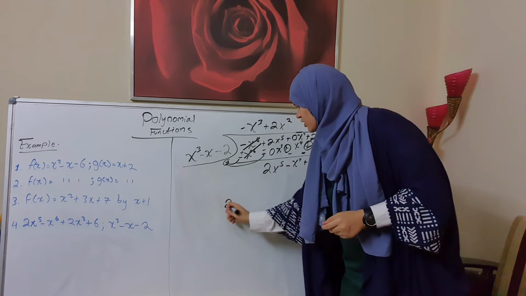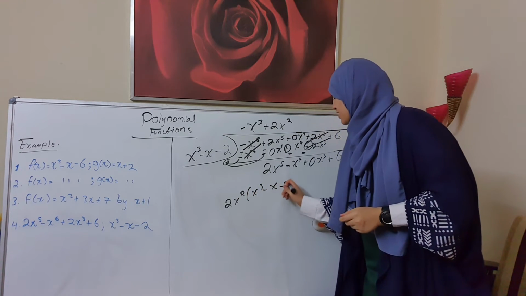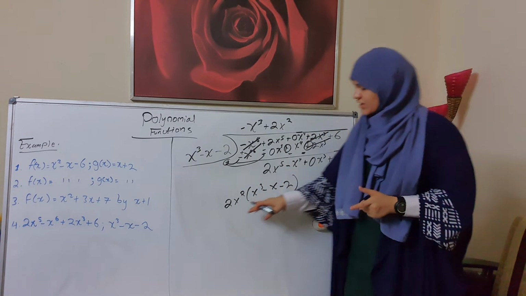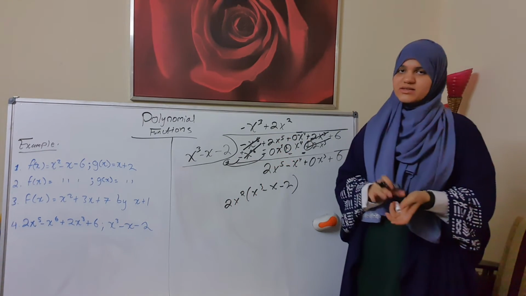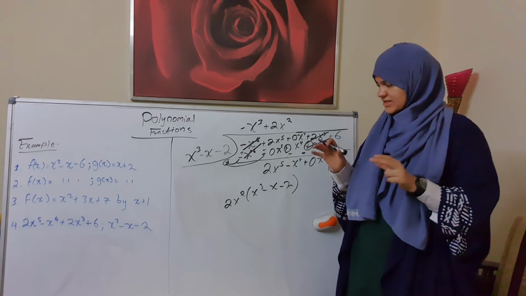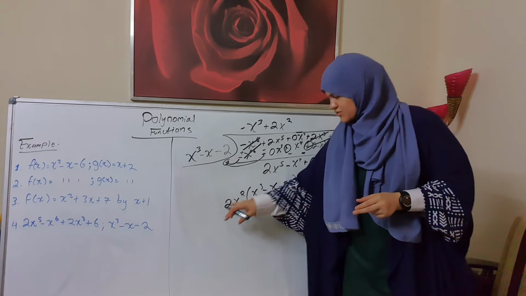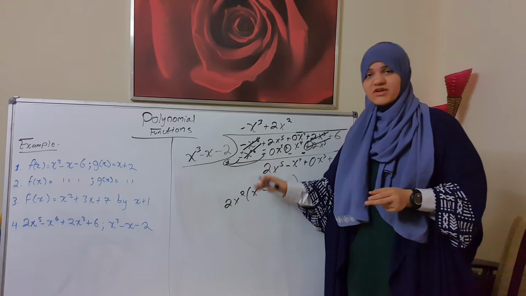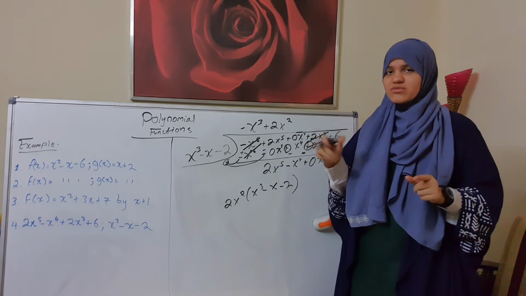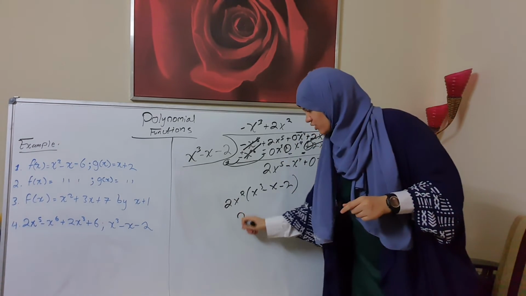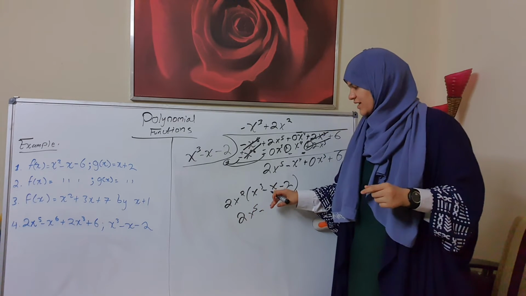So what we will do here, it will be 2x to the power of 2 times x to the power of 3 minus x minus 2. Now, 2x squared times x to the power of 3. Of course, the exponents we only add, but the numbers we can multiply. For example, 2x to the power of 2 times x to the power of 3 will be 2x to the power of 5, because 3 plus 2 is equal to 5. So 2x to the power of 5 minus what? X times